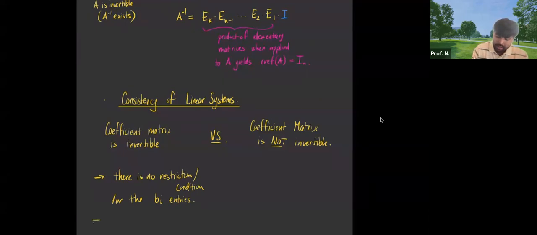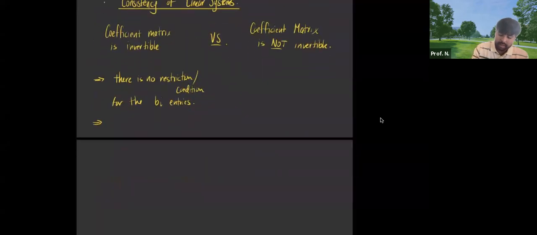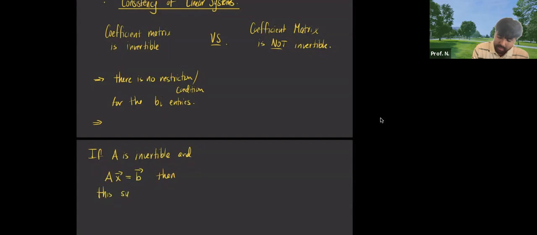And that's because if the coefficient matrix is invertible, then the inverse exists. And related to this, if A is invertible and we have a matrix equation AX equals B, then this system